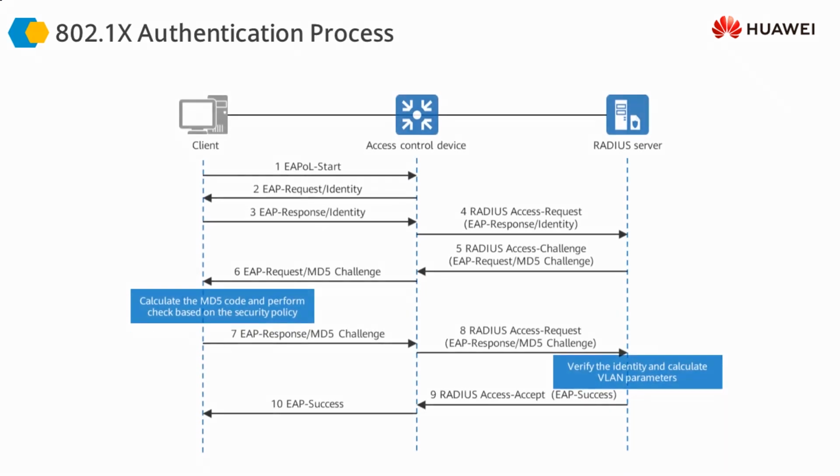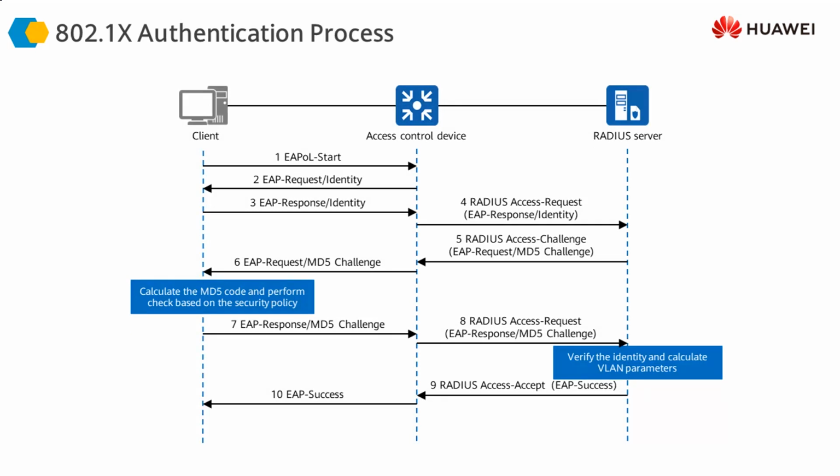You already know the basic flow or the basic authentication process. However, in this slide, in this picture, we'll take a little bit more detailed look at the authentication process. Here is the client or the terminal or the user, here is the access control device, and here is the Radius server. This client needs to have the 802.1x client software running on it. It sends in